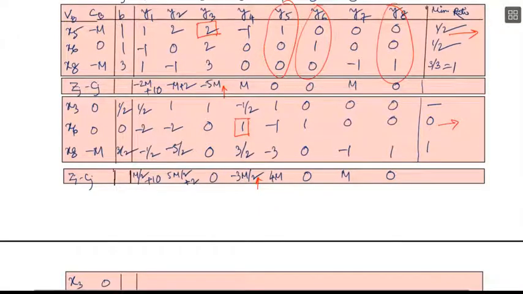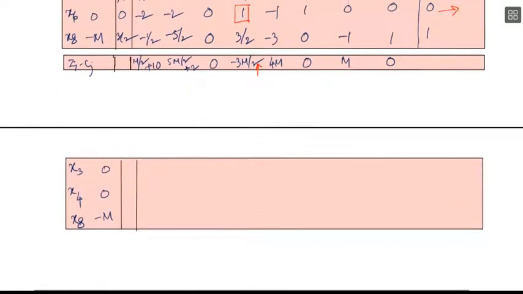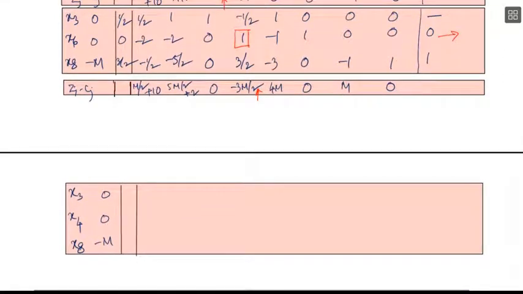As we see, the key element is 1 itself, so we don't have to do anything with the second row. It will remain as it is: 0, minus 2, minus 2, 0, 1, minus 1, 1, 0 and 0. To make the element above and below the key element 0, we multiply the key row with half and add